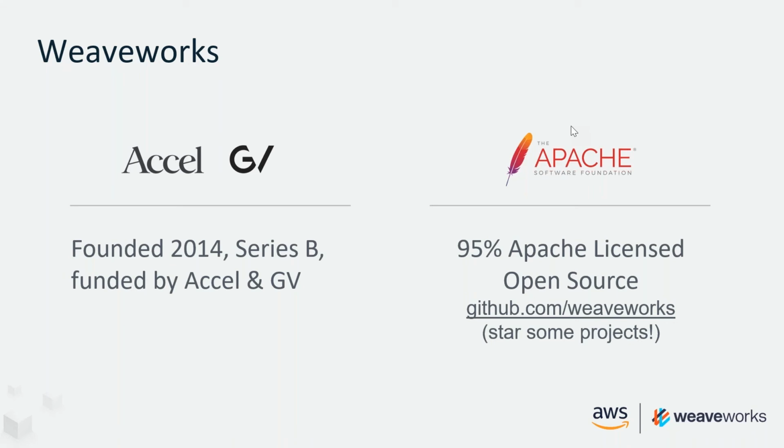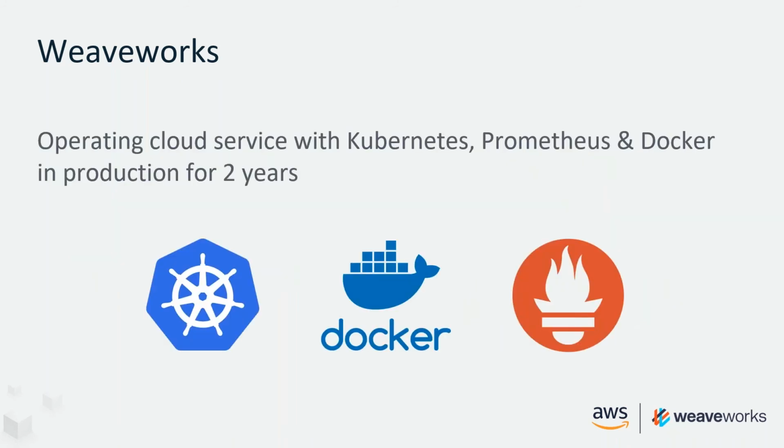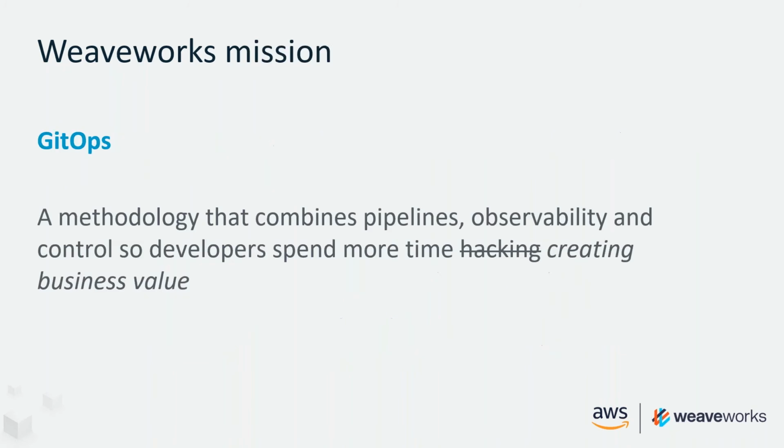We're best known for our Docker networking project, the somewhat eponymously named Weave, but we've also been running a cloud service for just over 2 years using Docker, Kubernetes and Prometheus, to name a few of the key technologies we're using. We've learned a lot from running this service on containerized infrastructure, and we've devised some tools and adapted a methodology that's given us a mission, and we call this GitOps. This is a label we gave to our approach to managing container infrastructure, and we found that many other people in the community are adopting a similar approach.